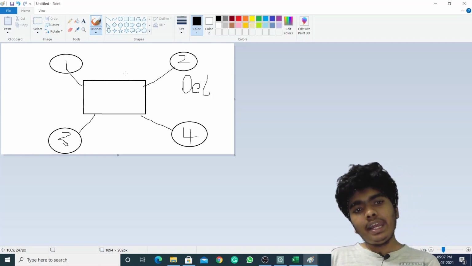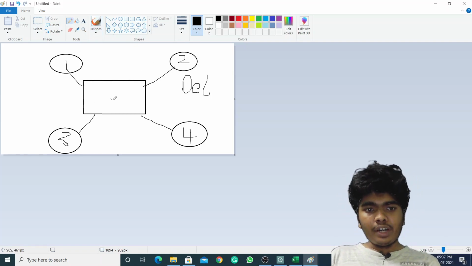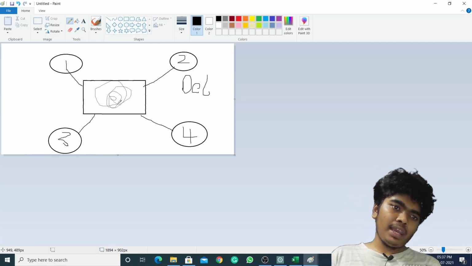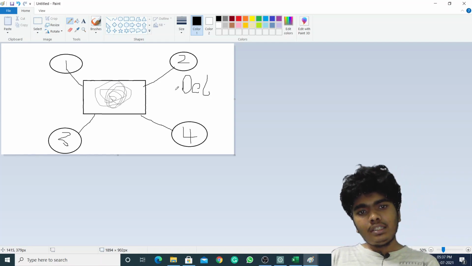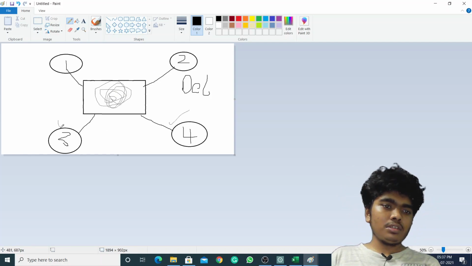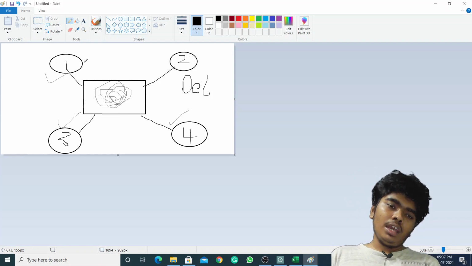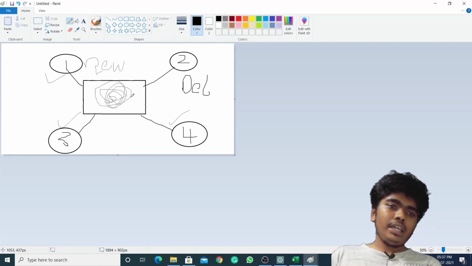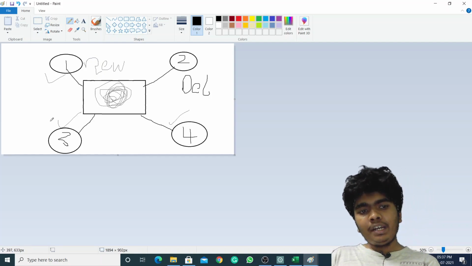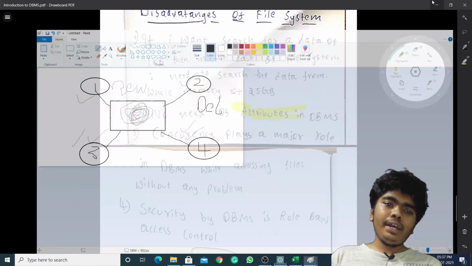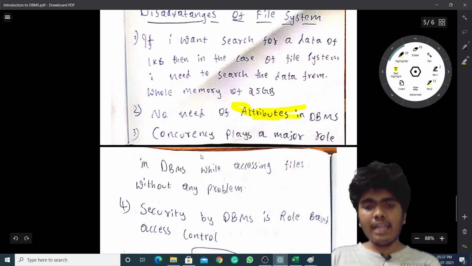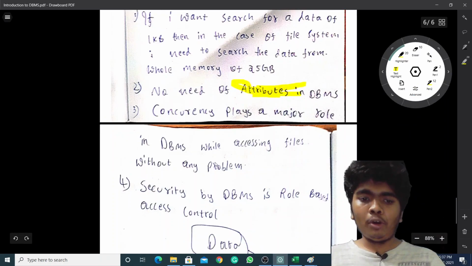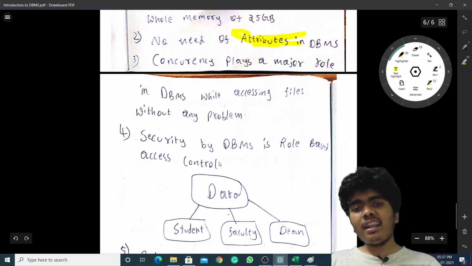In a DBMS, if one user deletes a file, it takes some time to refresh the data in the whole system. After refreshing, that file is deleted for users 4, 3 and 1 also. If we create a new file, it loads for some time and then the new file appears for users 3, 4 and 2 also. So concurrency is easy and plays a major role in DBMS. Multiple users can access the centralized data in a DBMS. That is concurrency.